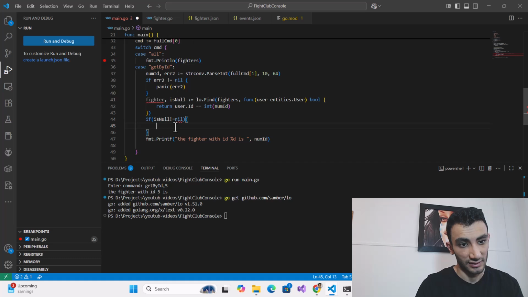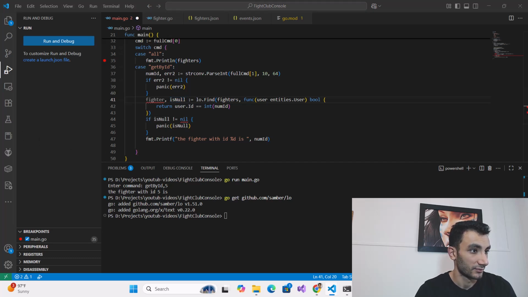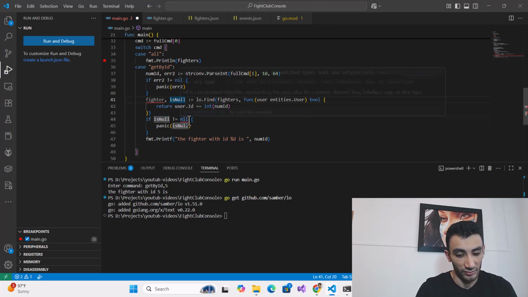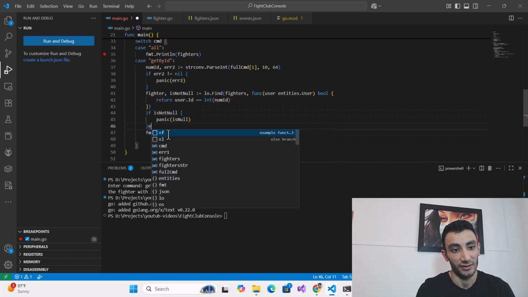It returns a boolean, and if we can find it, okay, it's found, otherwise it couldn't find.